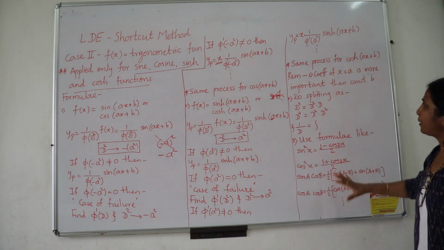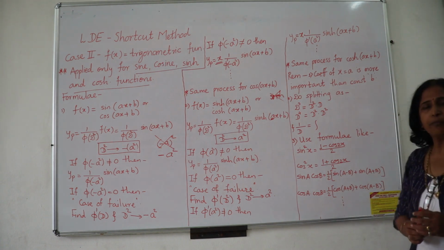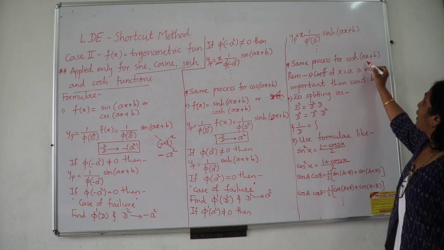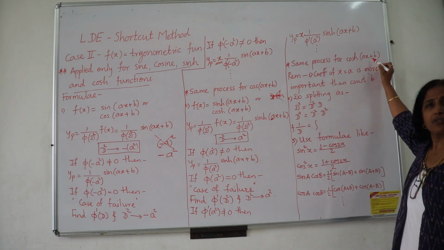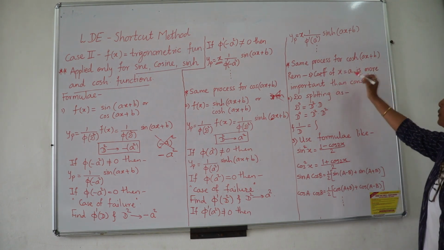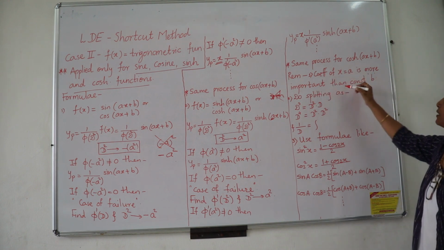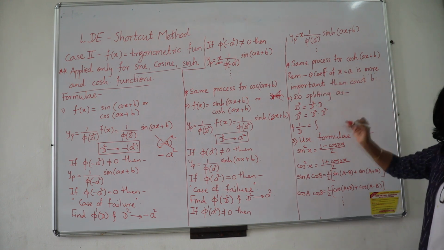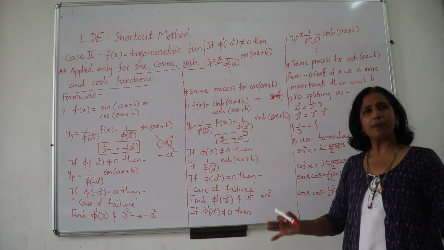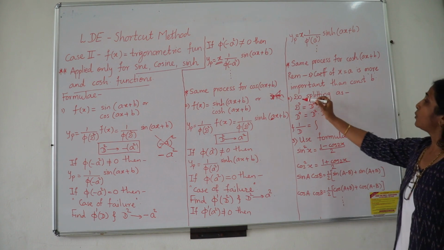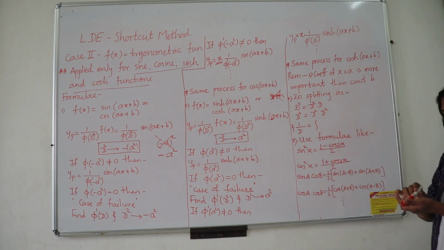Now some of the very important things to be noted, to be remembered in this section are: the first one, in this ax plus b, you are dealing with two constants, a and b. Out of that, identification of the coefficient of x, a, is more important rather than finding the constant b. B is just like a silent factor. If it comes, it's okay. If it doesn't come, no problem. Don't write it. Then you have to go for the splitting, because what is the speciality?